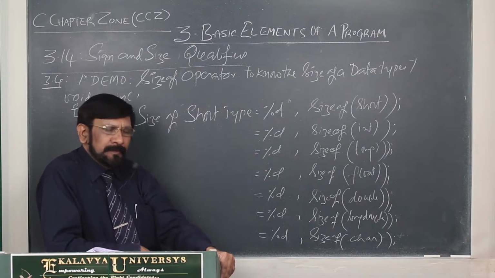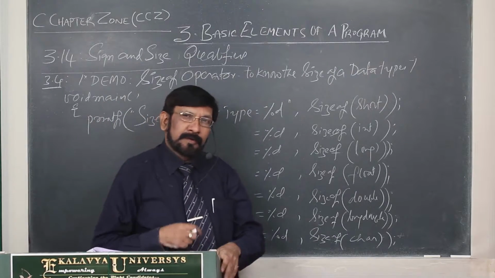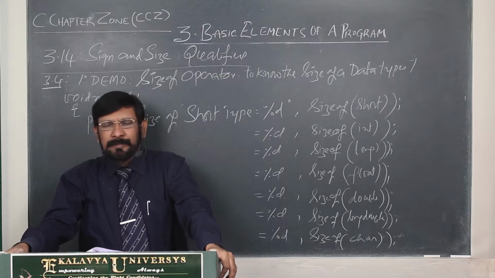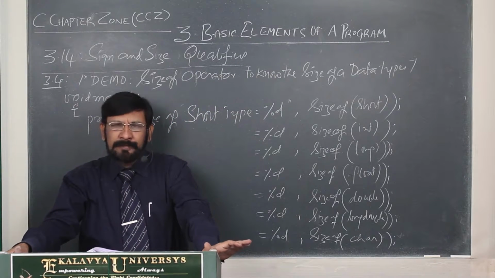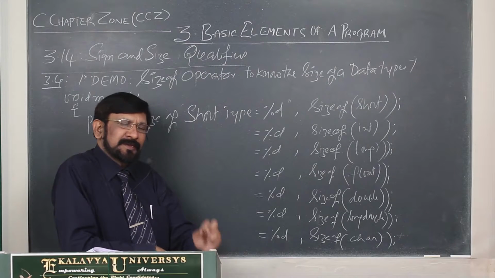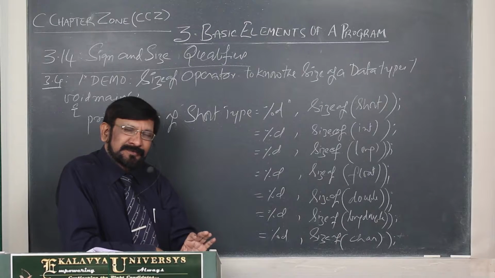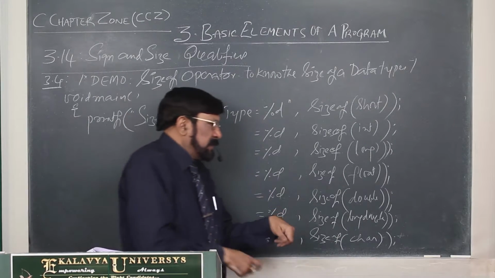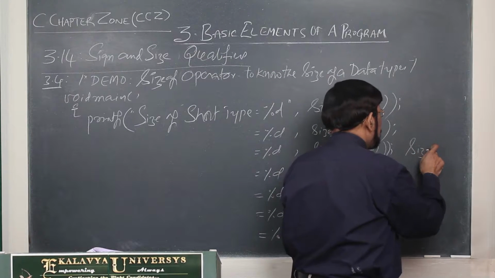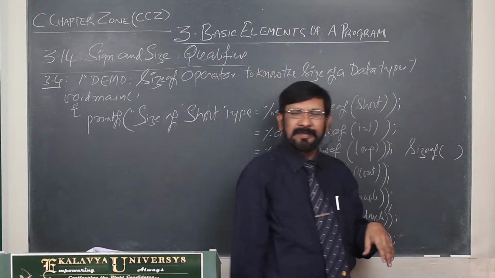Thereafter, on many occasions, a program demands to know the size of a particular data type. This is a frequently used operation in advanced programming. For that purpose, C provides us a simple operator. It looks like a function, but it is not a function. It is made an operator. Already I told you, in operators all are symbols except one, that is sizeof, a single word, not two words. It looks like a function like this, sizeof.